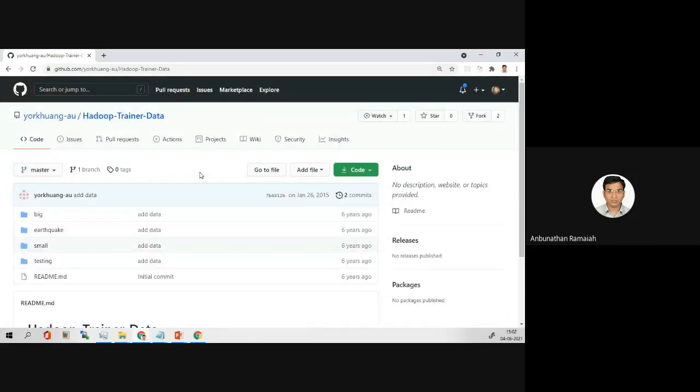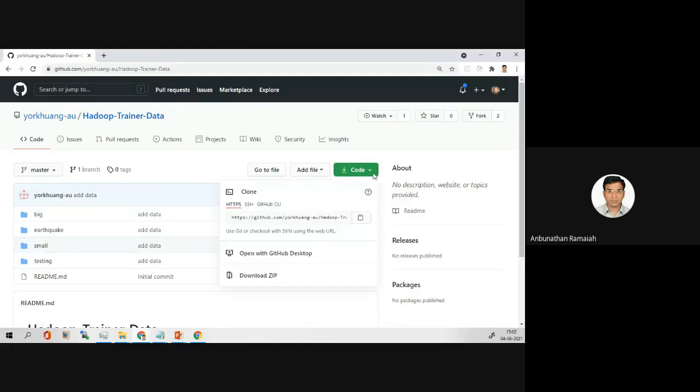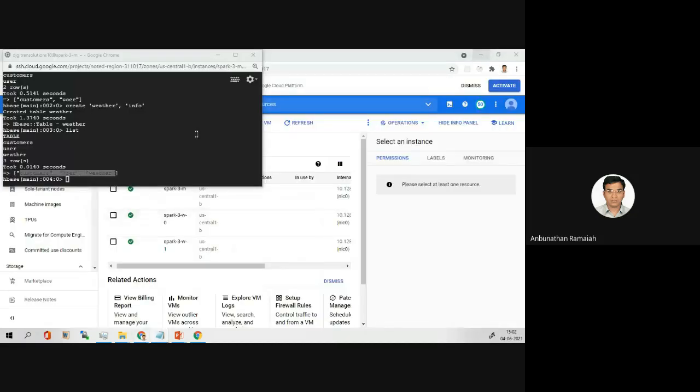You can clone this repository using git clone. I will send it in the chat box. Somebody can try parallelly if you want to try this also.